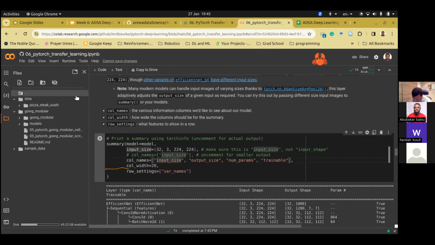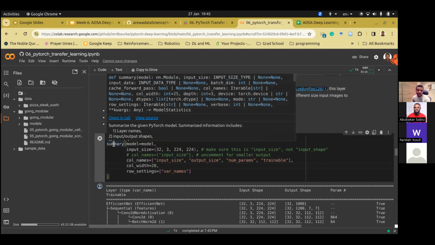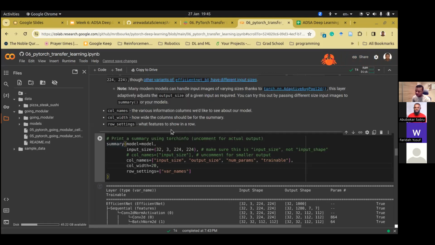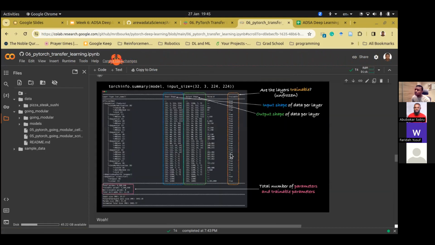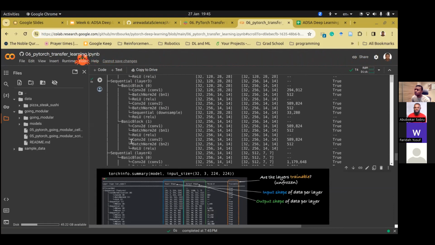Let me just clear this. Like we said, if there's anything you don't understand, just feel free to call my attention. Remember we talked about model info. Model info has this summary method, and with summary you get a kind of visualization: when you have an input to your model, how will the input be transformed at every layer of your model? So when you run this model summary, you could see